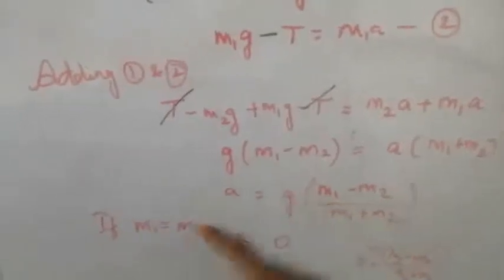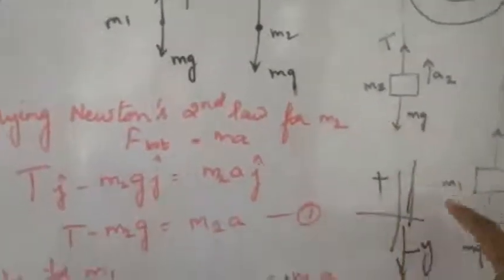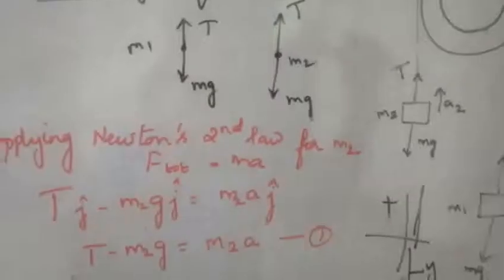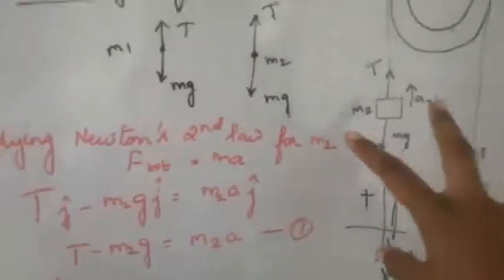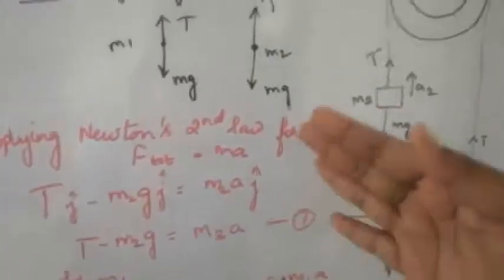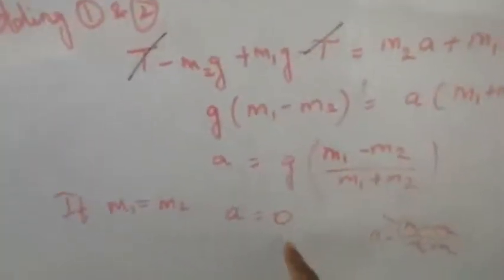In this case we have considered mass m1 greater than m2. Suppose m1 and m2 are the same. As you know, when you have a weighing balance or pulley, if both the masses are the same, the balance will stay on the same line and will not move to either side. So if both masses are equal, this side will not move down and that side will not move down, which means no acceleration will be there. That is, the acceleration value would be 0.